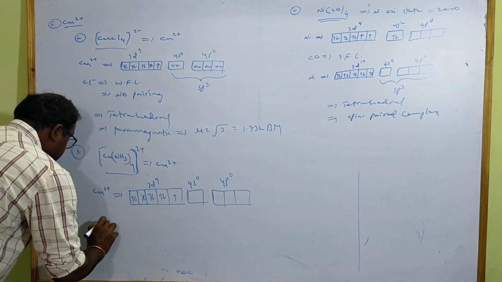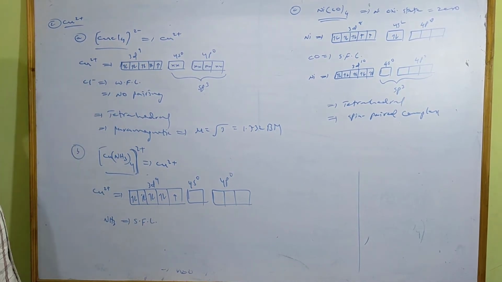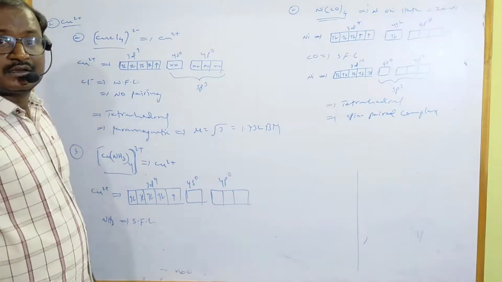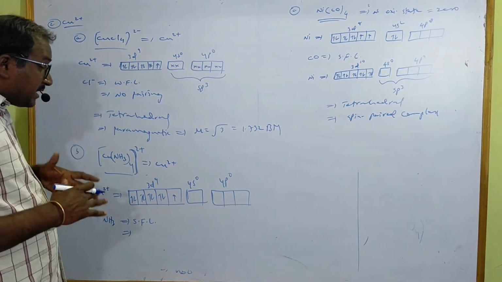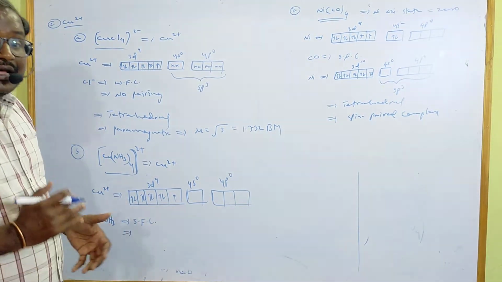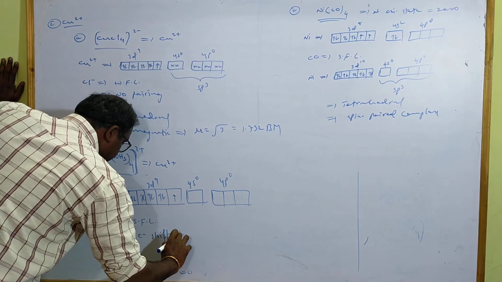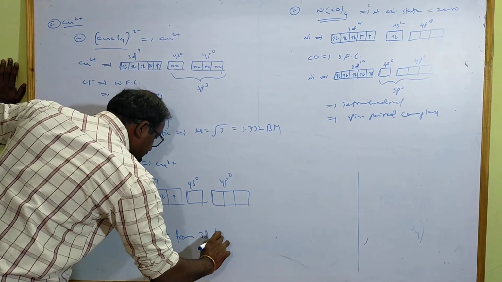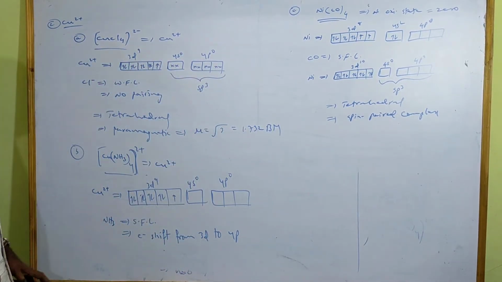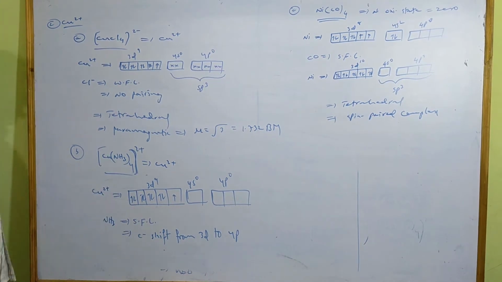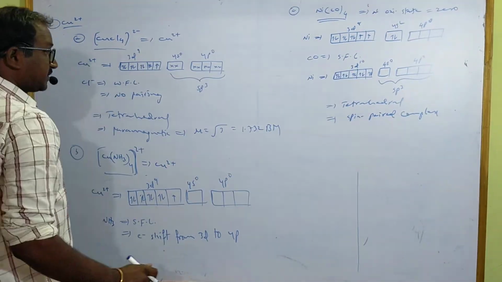Here NH3 is a strong field ligand, because as a donor, as compared to H2O, it is a strong field ligand. NH3 strong field ligand. So here pairing does not take place, it is different. Rearrangement: the unpaired electron shifts from 3d to 4p. The electron will shift, jump we can say. Reason, by the influence of the strong field ligand. Here no pairing against Hund's rule. The electron will shift. How will it shift? I am writing here.